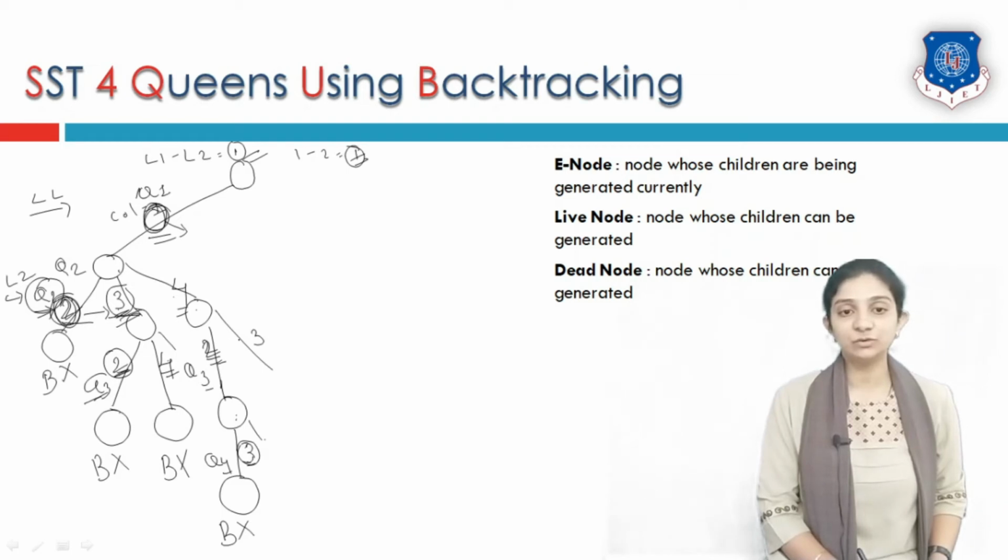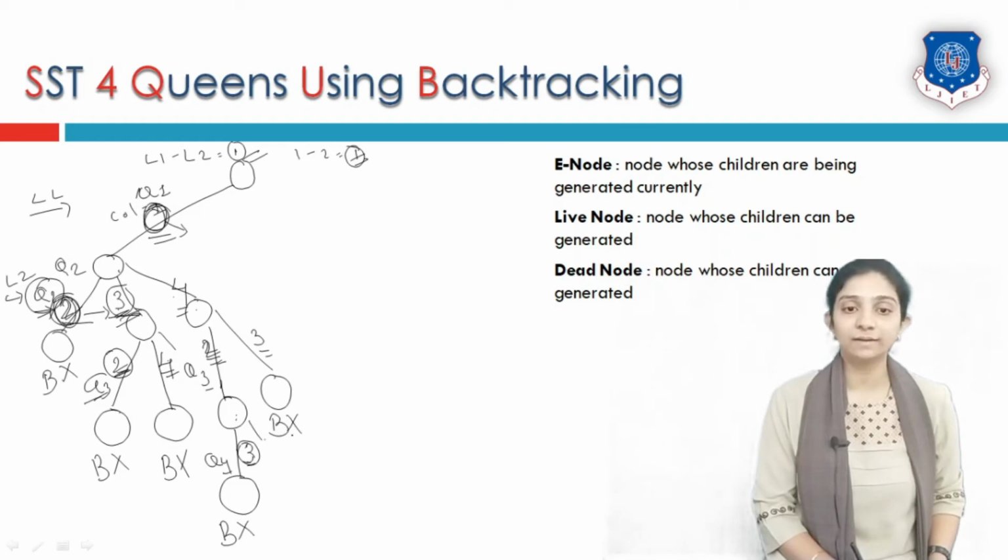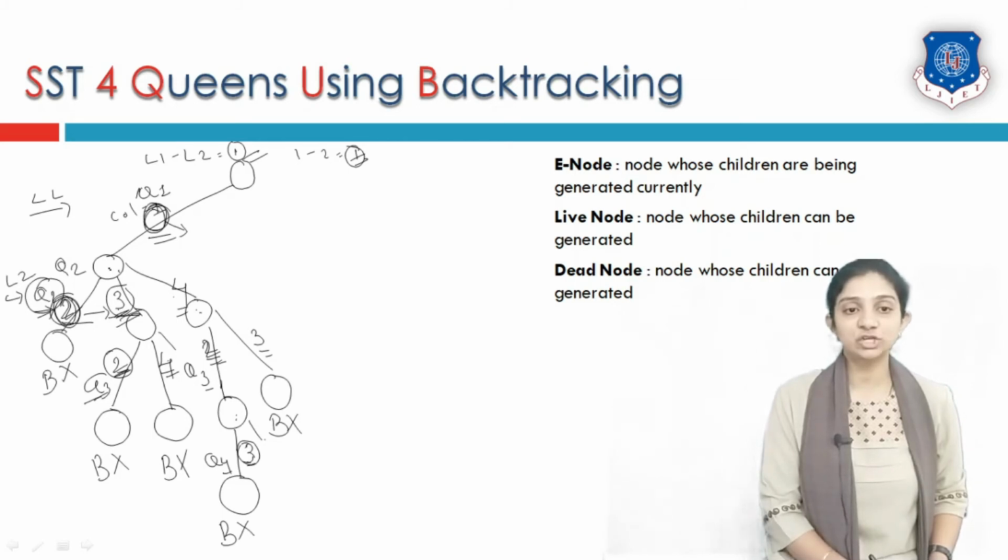Now the difference between two levels is 1 and the difference between these two column numbers is also 1. So according to the bounding condition, this node is again going to be stopped, or we will stop growing our tree from this particular branch, and go one step back. Are there any options for queen number 3 where I can place it? There are only two options, which I have tried for queen number 3. So I will go one step back and try another option for queen number 2. For queen number 2, there are only 3 options, but we have tried all of them.